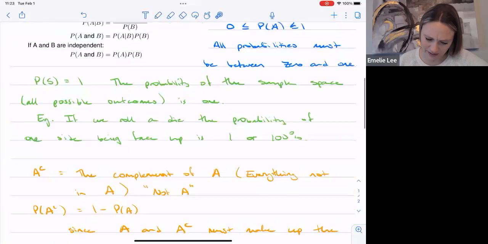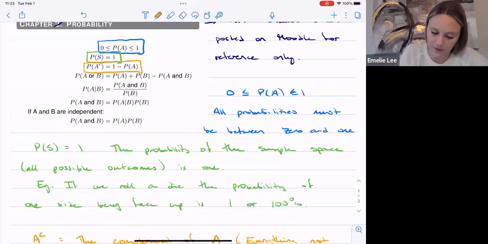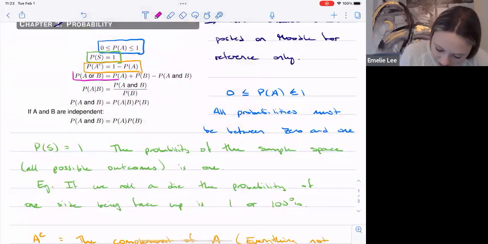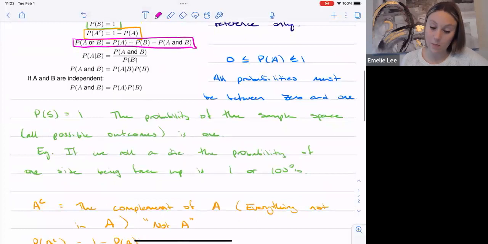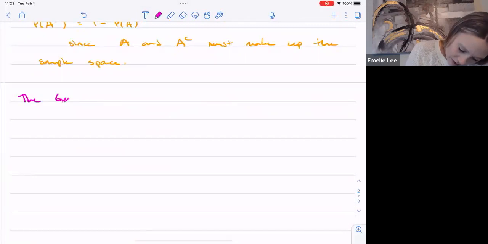Somehow I got through a lot in 50 minutes, I think, because I also know I had time to introduce the general addition rule. So the general addition rule is kind of fun, interesting, whatever you want to call it. I'm not going to write it all in pink because it's kind of my reserved color for important things, fun things. But the general addition rule